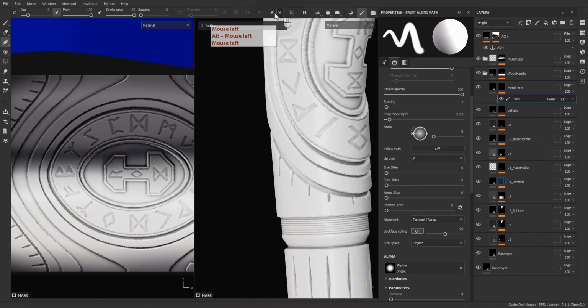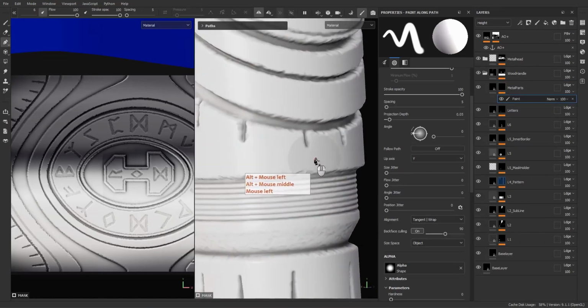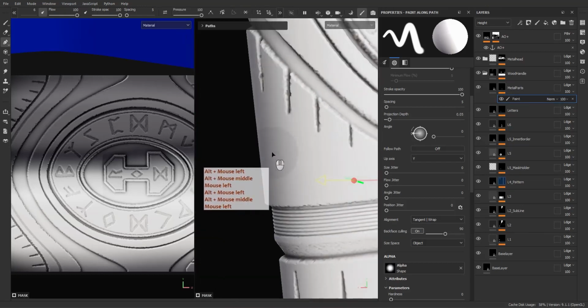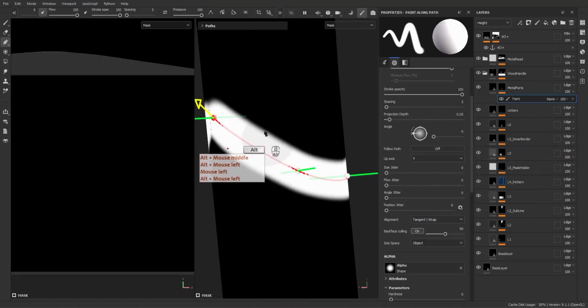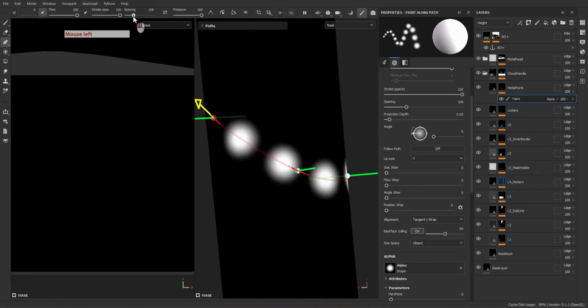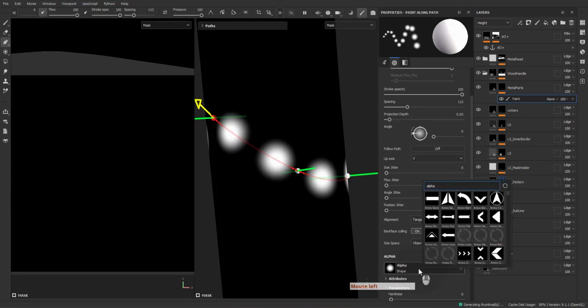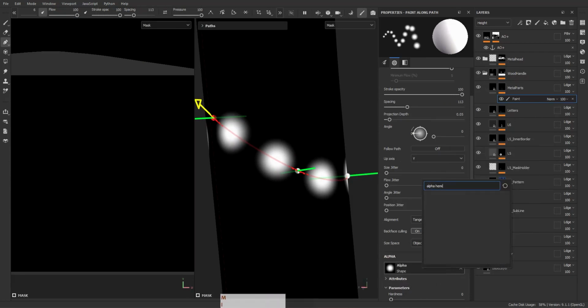Okay, let's turn on the symmetry and press here. This one and here. Okay, let's increase the spacing. That's it. And let's go to the alpha and search for